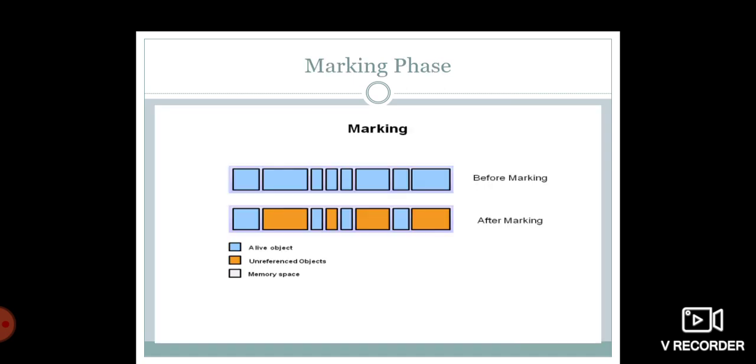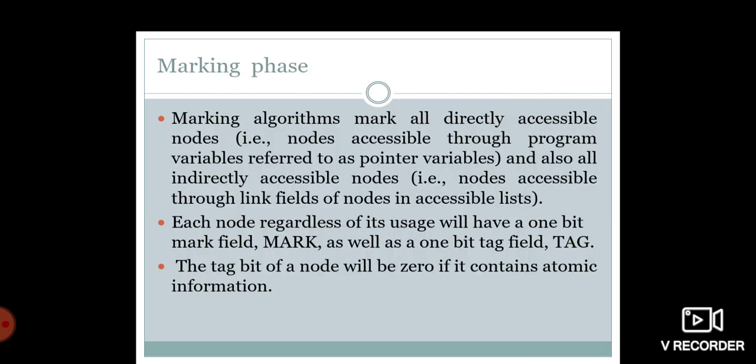Marking phase. Before the marking phase, it will be like this, and this is a diagram. After marking, at the live stage, first everything will be marked as 0. That is the first step, and then it will check. Those nodes which are not currently in use are orange in color, and those currently in use are blue in color. After marking you will have the differentiation, and then you will take the appropriate steps thereafter.